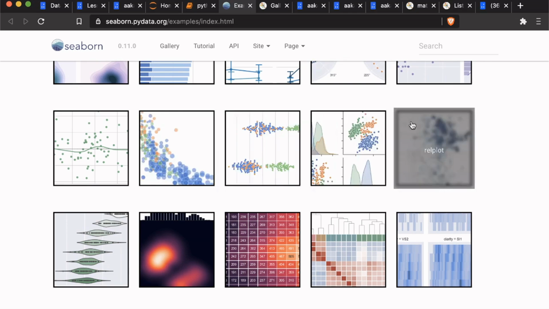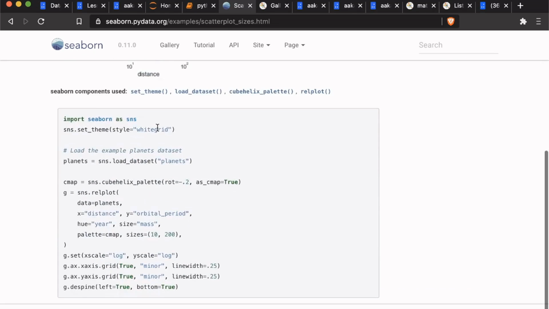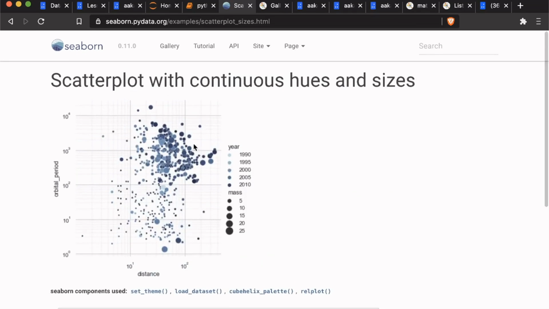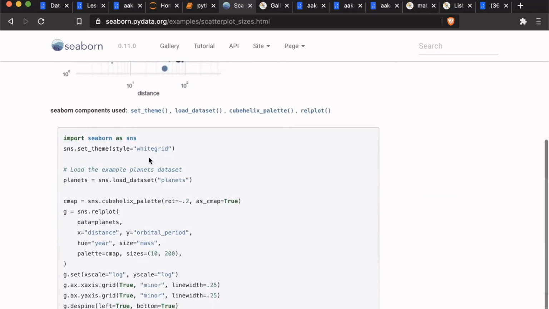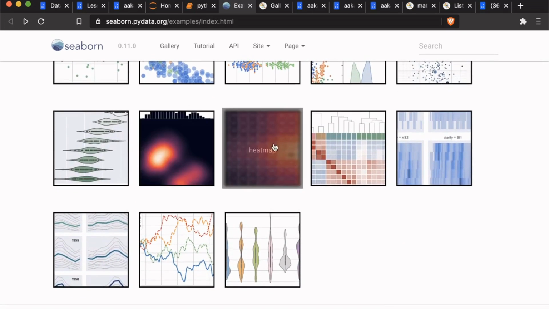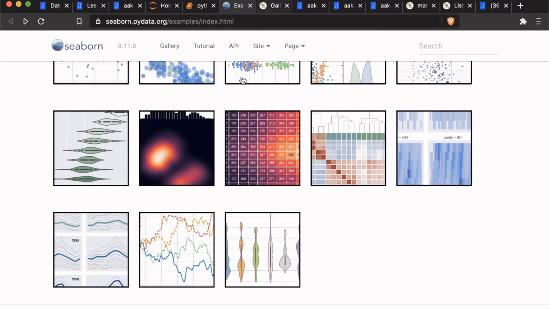So for instance, if we open up this, here you can see that this is just a few lines of code, less than 20 lines of code, and you get this beautiful visualization. And all of these Seaborn examples use example datasets that Seaborn contains, so you can just try it out using these. So do try it out. If you just do it once, you're going to get a good handle over Seaborn.